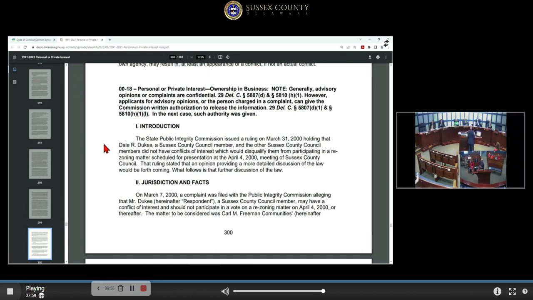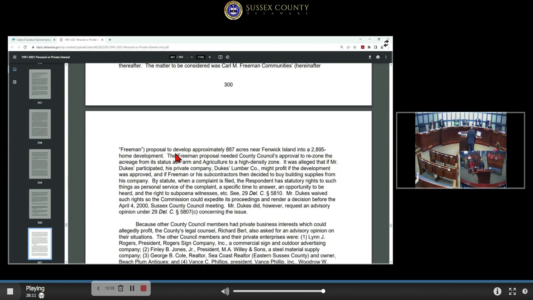There was a question of personal and private interest in ownership in business related to the ability for the county council to render a decision on an application in front of them. This particular application involved the Freeman communities, and it was an 887-acre development near Fenwick Island. Anyone guess which development that may be?